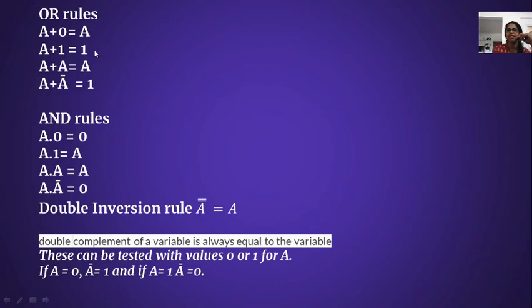Instead of A, you just put A as 0. What will be A bar? Inversion of 0, that is 1. So 0 or 1 is equal to 1. And if I put 1 here, 1 or 0 equal to 1. So I think you are okay with these OR rules. And then coming to the AND rules. A and 0 equal to 0. A and 1 equal to A. A and A equal to A. And A and A bar equal to